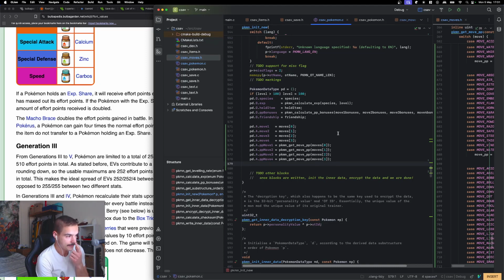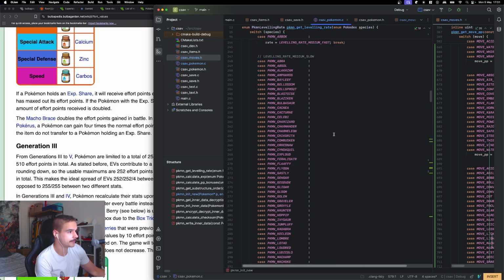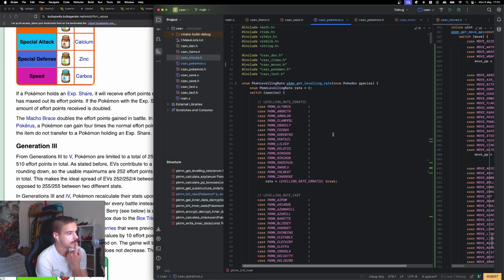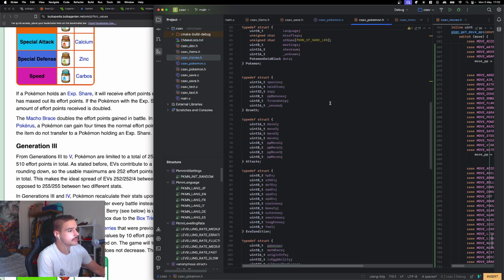Okay, if that's the case, we probably want to have some kind of enumeration for stats, well, not enumeration, but some kind of container for EVs. So some kind of pair or map of an EV and then the value that you want to give it. And then we can read those and kind of assign them as they are. That probably seems like the most sensible approach. So if we go to Pokemon.h,